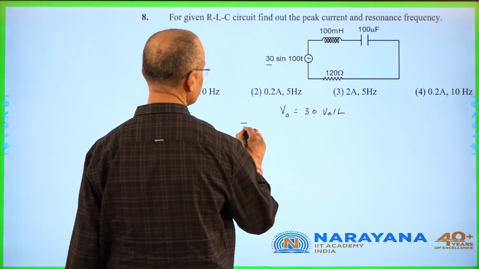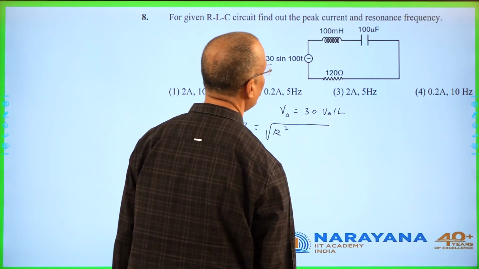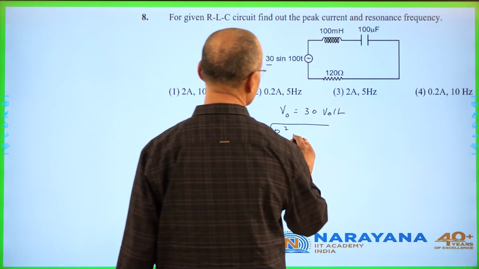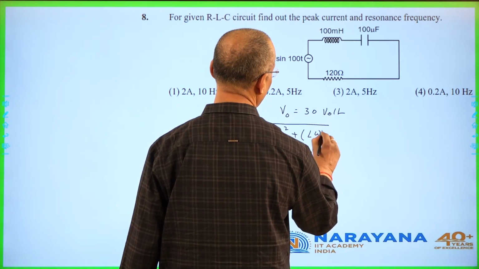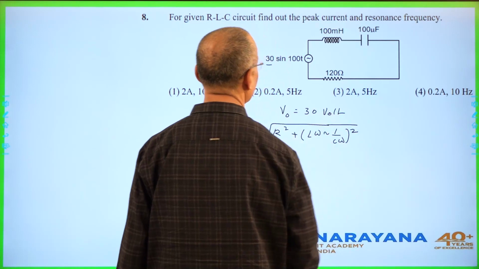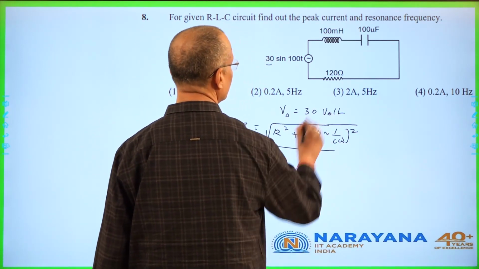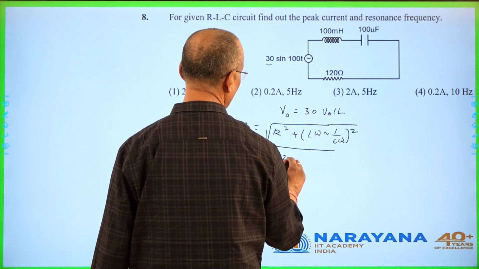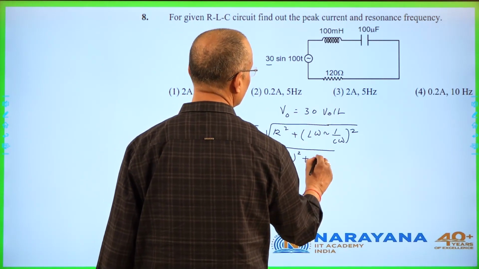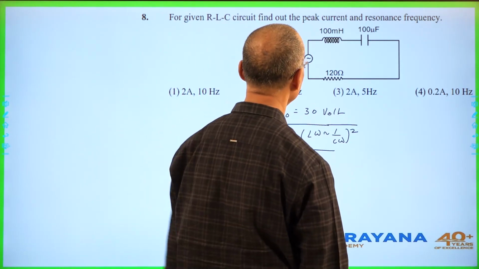Your impedance is under root R squared plus L omega minus 1 by C omega, whole squared. Clear? So this will be under root R is 120 squared plus L omega. Omega is 100